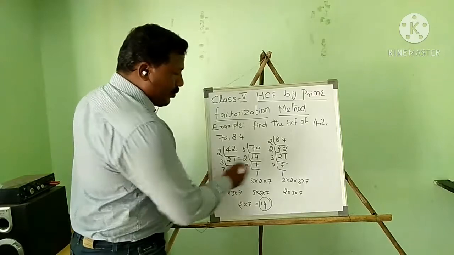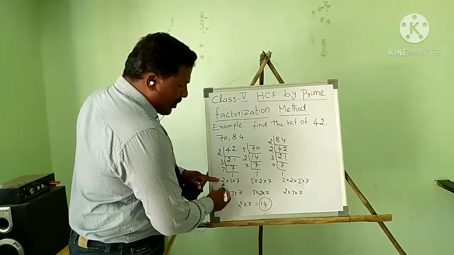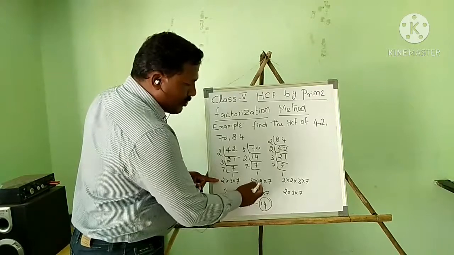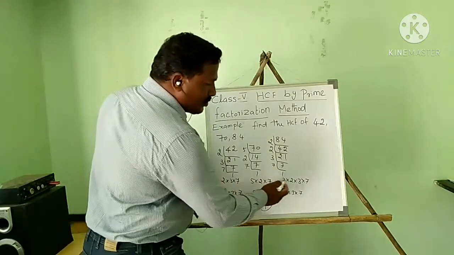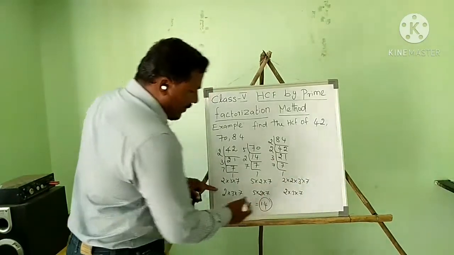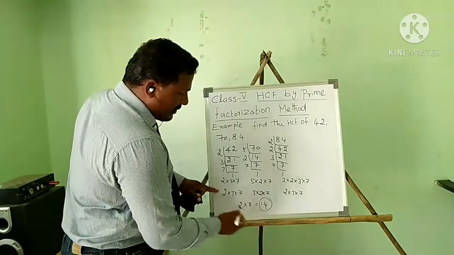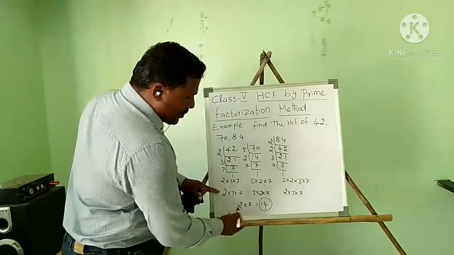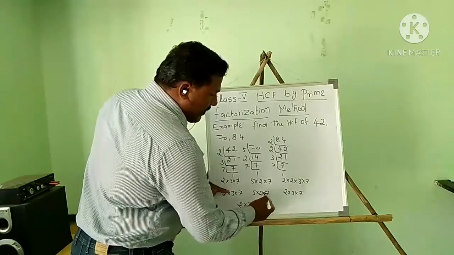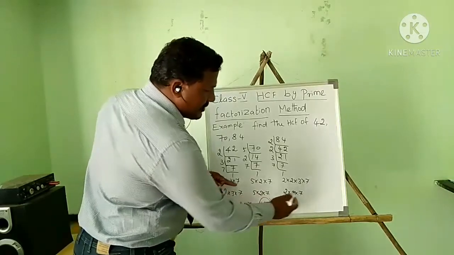You know very well how to do this. First of all, I will pull out the common ones. Here only one 2, one 3, one 7. Here only one 5, one 2, one 7. Here there are two 2s, so I write one, only one 3, only one 7. Now I check which is common. Here 5 is not there, so we cannot take it. Here 2, here 2, here 2, so common 2. Here 3 is there, but here there is no 3, so I cannot take it; it is not a common factor. 7, here 7, here 7, so 7 is common.